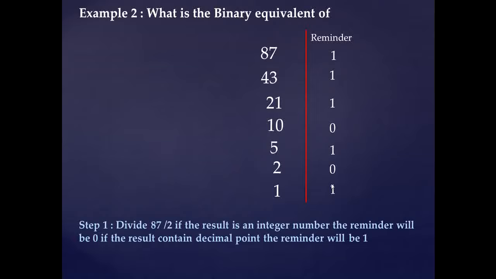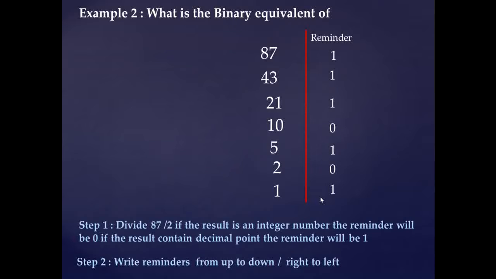Mostly in the conversion from decimal to binary using this method, we have 1 and 1 at the end. The final result should be 1, and 1 divided by 2 equals 0.5, so we write here a 1 remainder. So finally we have 1 and 1. We need to write them up,